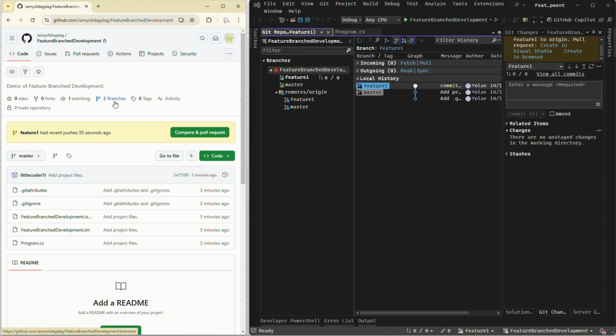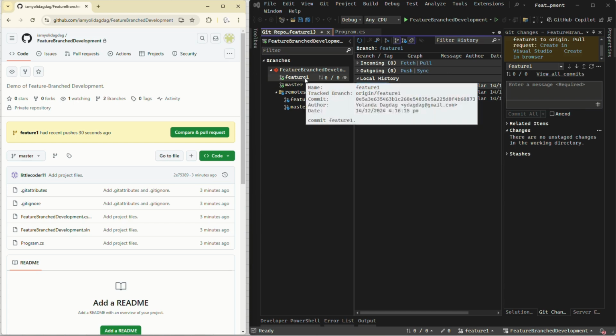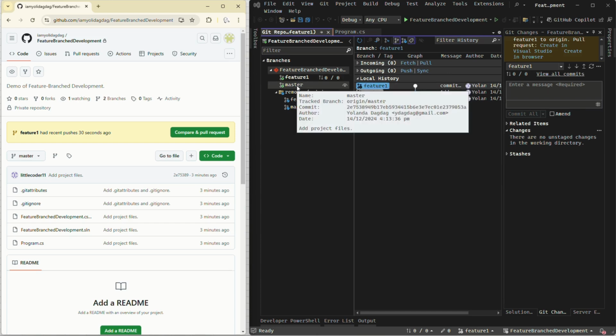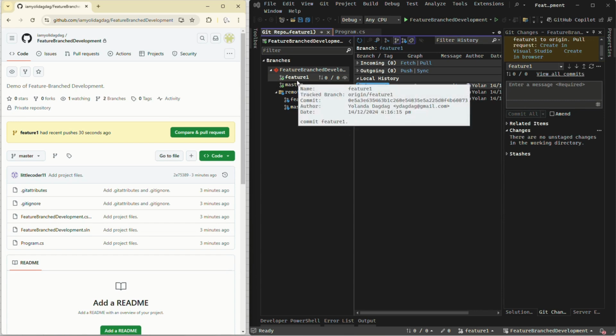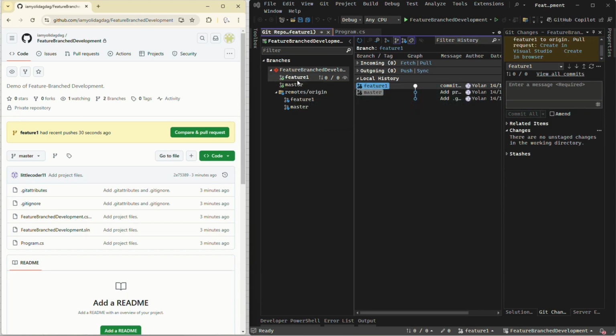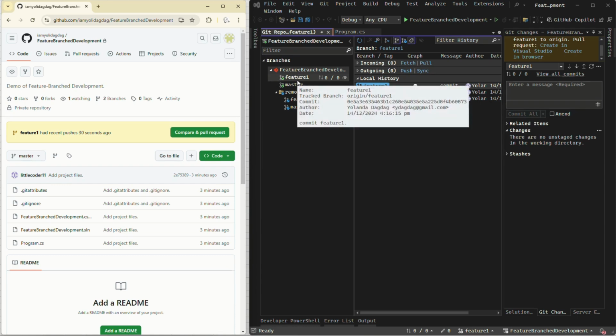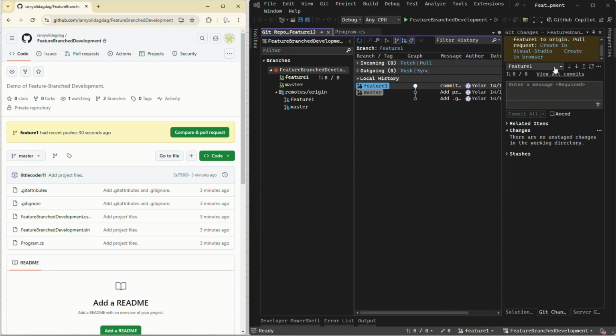Now, unlike trunk-based development, we will create another branch from Feature 1 instead of from master. As you can see, we haven't merged Feature 1 into the master branch, but we will create another branch from Feature 1. Let's do it. So with Feature 1 selected in Git changes,